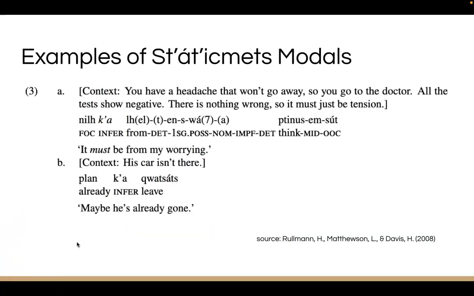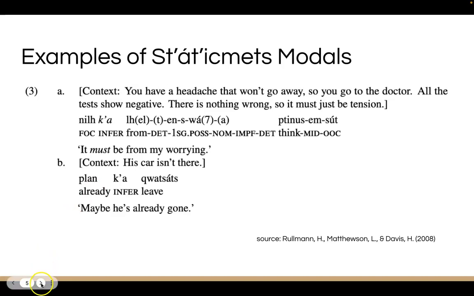But it is not the case that every language is ambiguous between weak and strong. So here's a counterexample. In Salish, the expression ka is the modal, and you can see here the context is strong epistemic and weak epistemic. So Salish actually uses the same expression for both weak and strong epistemic. The different mapping strategies of English and Salish made us curious and led us to initiate this database.